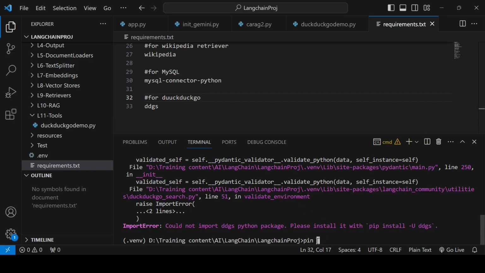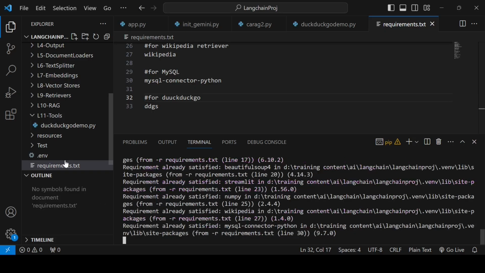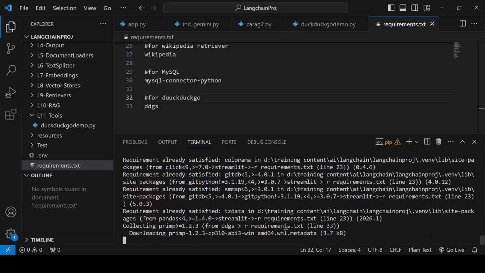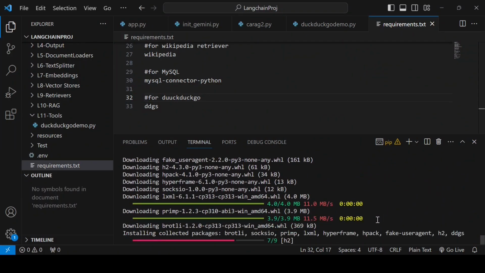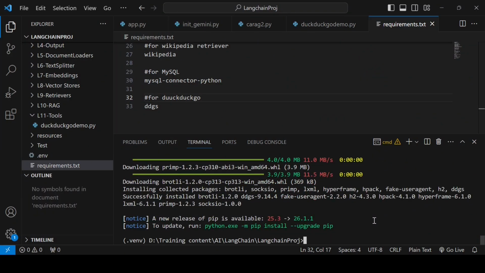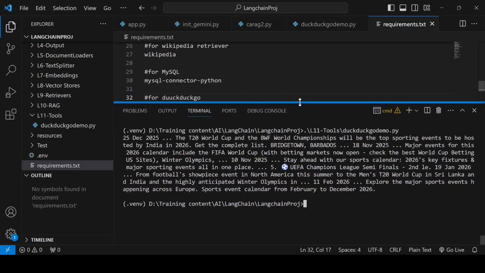That means first I should run pip install -r requirements.txt. Now let's try to run. So I got some result.